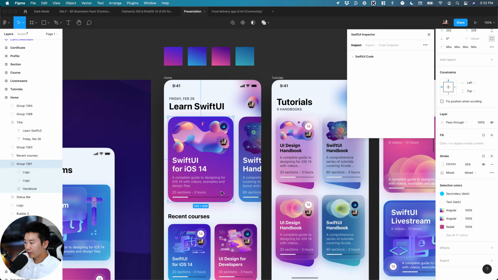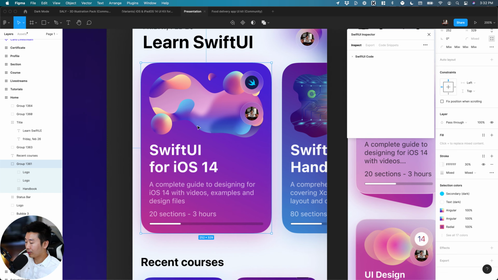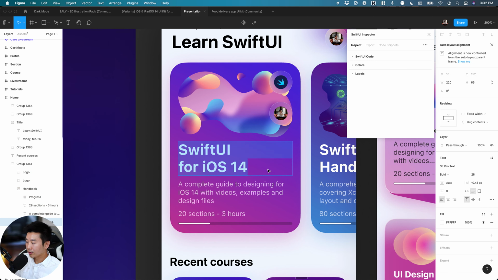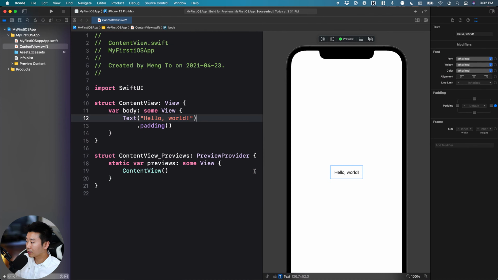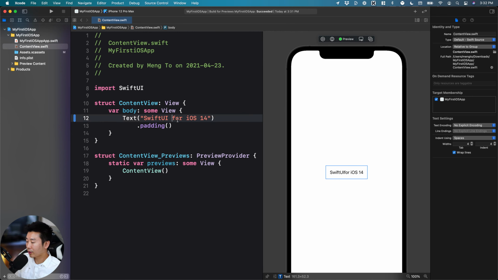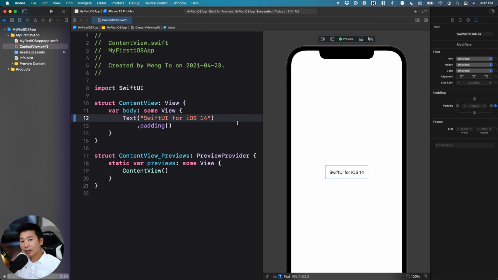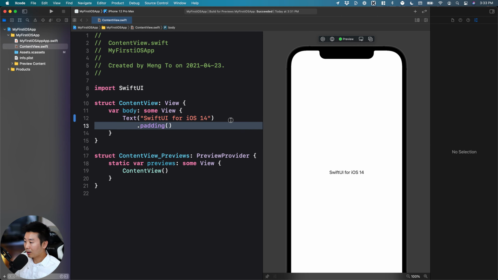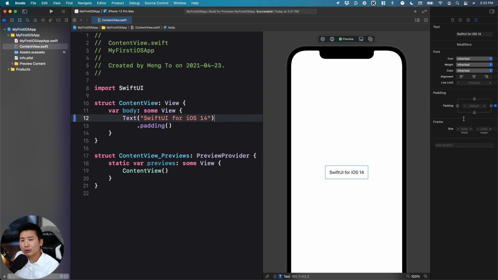So let's start with the most fun part, which is the card here, right? You know, the title here. So I'm going to copy and paste the text. Okay. There you go. Make sure that there's no typo. There's no space. Code can be a little bit unforgiving sometimes, which means you have to be careful about some of these things, which I think is why a video like this one can be useful, so that you don't make some of these common mistakes. Now I'm going to remove the padding, or maybe not yet. So let me just focus a little bit on the inspector for the first 2 minutes,